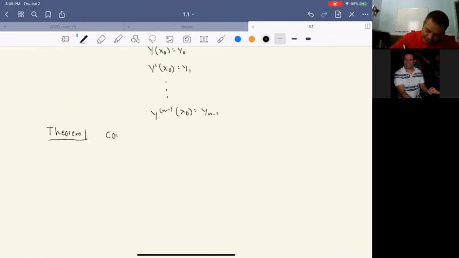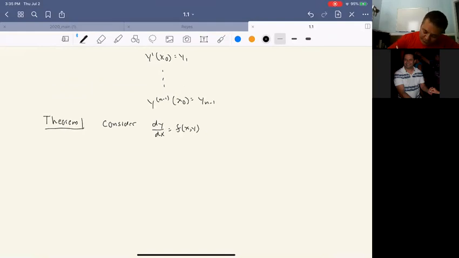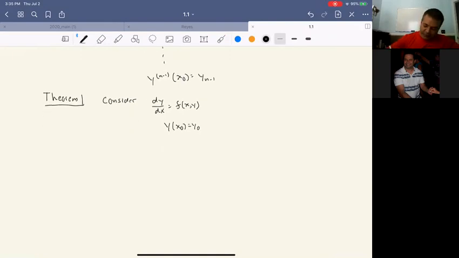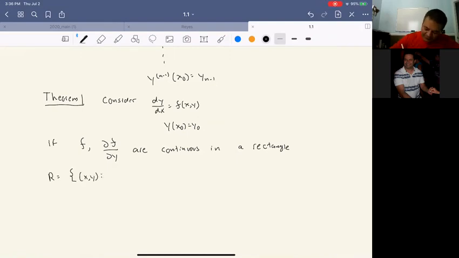If we consider dy dx equals f of x, y, with y of x0 given, so this is an initial value problem, if f and the partial of f with respect to y are continuous in a rectangle R equaling the set of x, y such that a is less than x less than b, c less than y less than d,